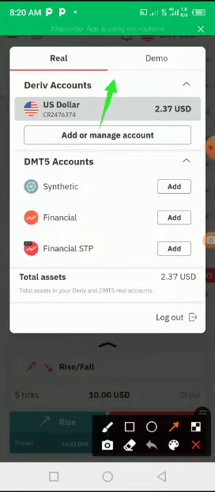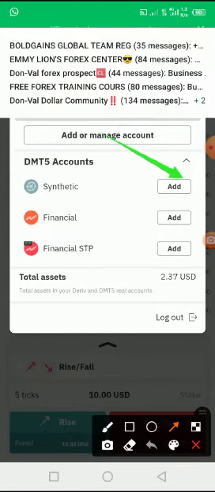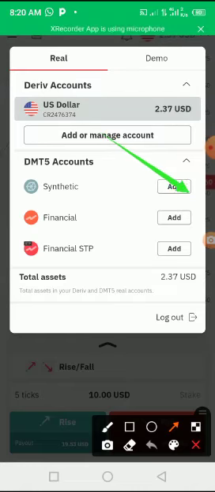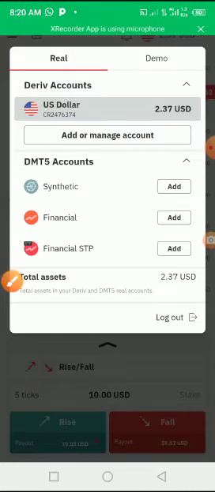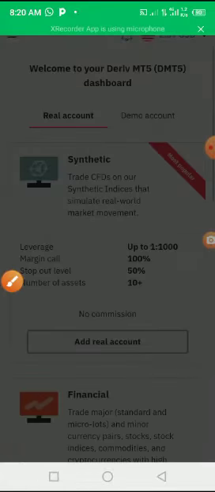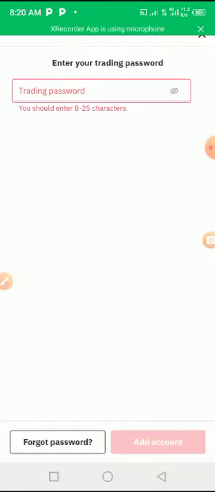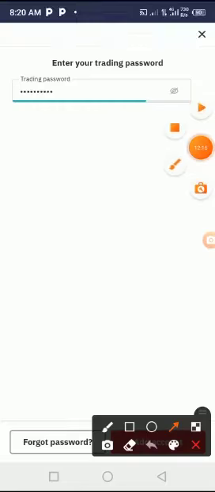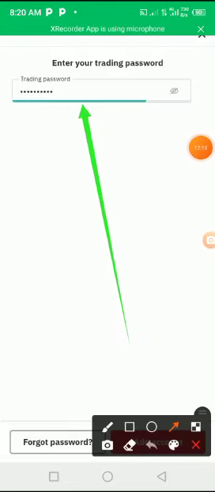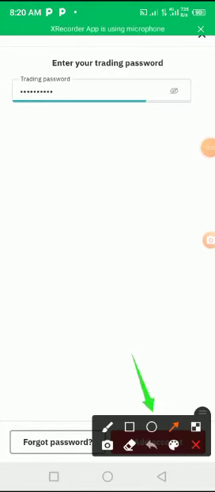So what do I do next? Tap on this add, because this person has closed his real account because of inactivity. So I'll click on this add account and enter his password to regenerate that number. When I click on add, they ask me to enter password. So I will enter password. I just entered my password there. Another thing is to click add here. This thing just covers it. You see add account. So let me click on it.